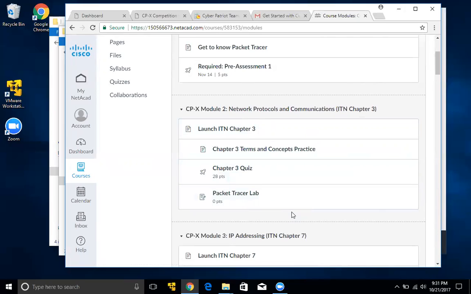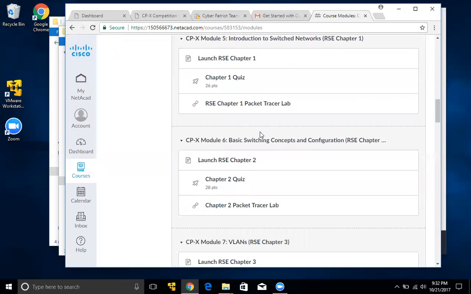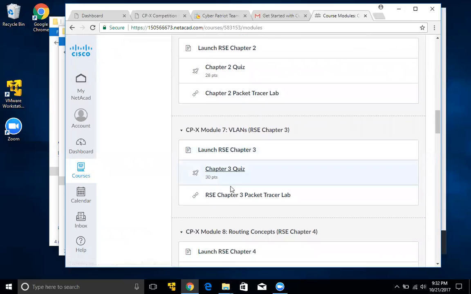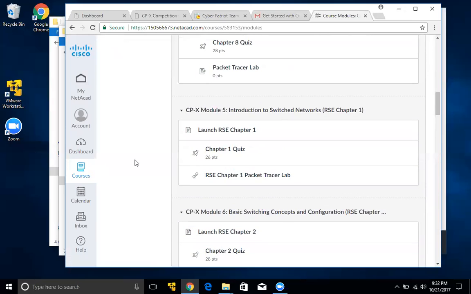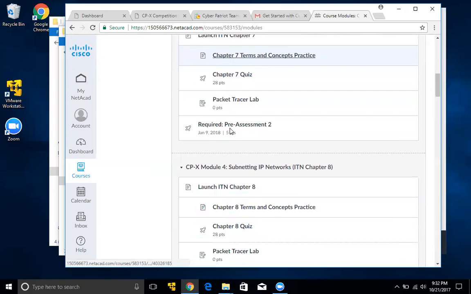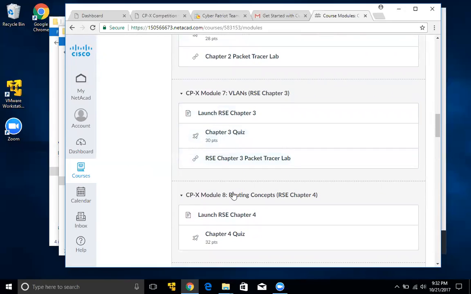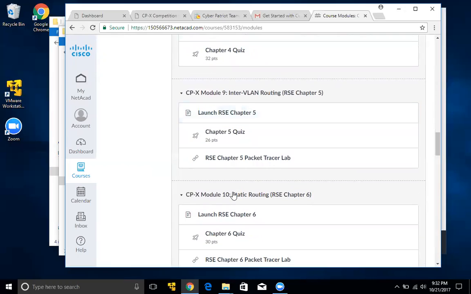Now, we'll probably focus on getting through those 2 areas first, talk about questions, and then when we get to modules 3 through 7, and I'm going to scroll down through 7, that's the area that we're going to have our first competition. It's going to focus on some questions that could start with the content from module 3, 4, 5, 6, and then 7. In the later rounds of the competition, they'll move on to asking us questions about 8, 9, 10,